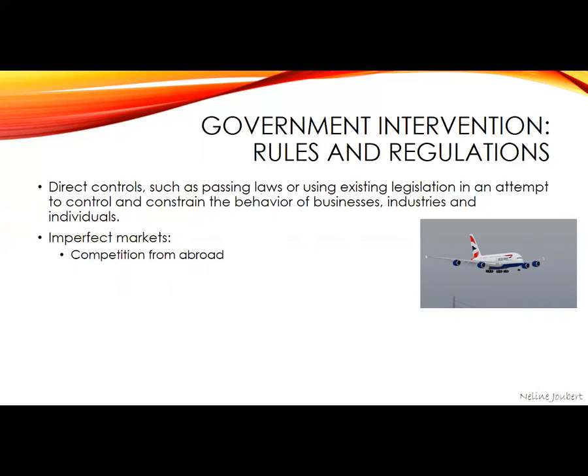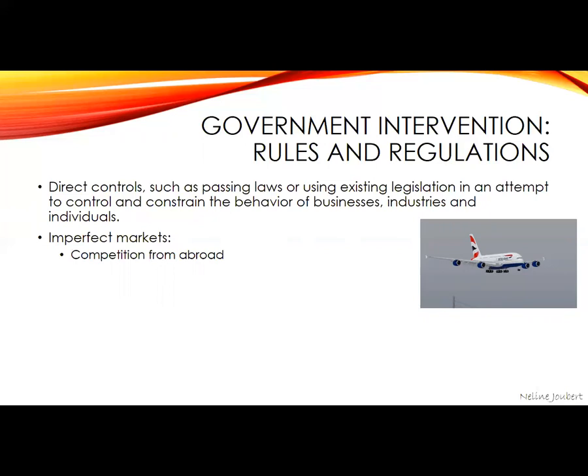Other instances include the removal or the reduction of tariffs on imported goods. This will make local markets more competitive. Remember, we add tariffs to artificially increase the price of our imported goods. So by removing these tariffs, South African businesses must adapt and respond so that the international products don't take preference